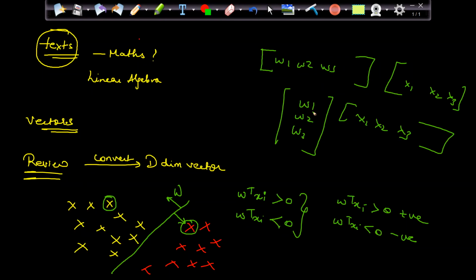So the row vector, I'm converting it to a column vector by doing the transpose. That's why I'm writing W transpose Xi. That is what I want to apply somehow. But this can only be applied when I have these reviews converted to vectors. Then only all this mathematics can be applied.